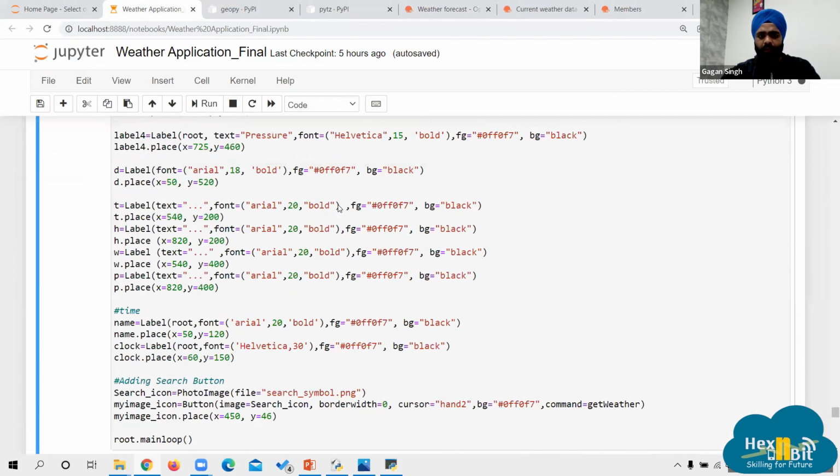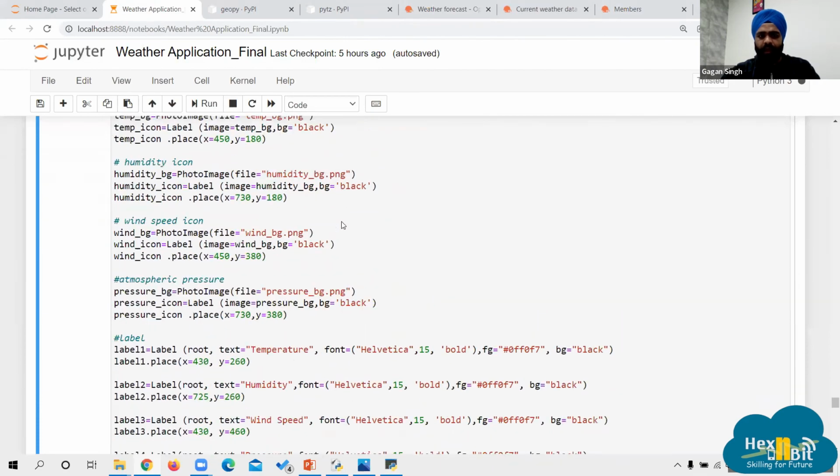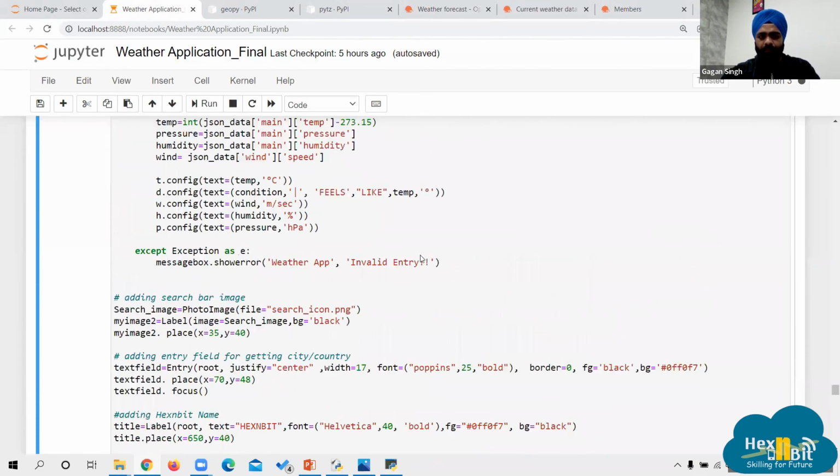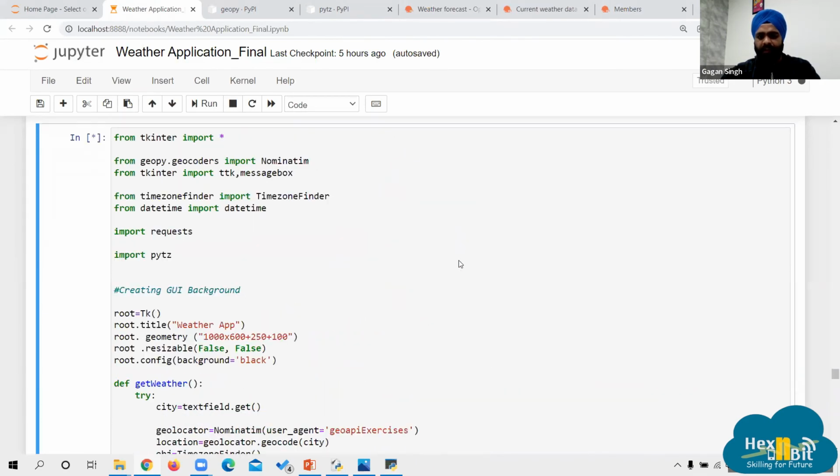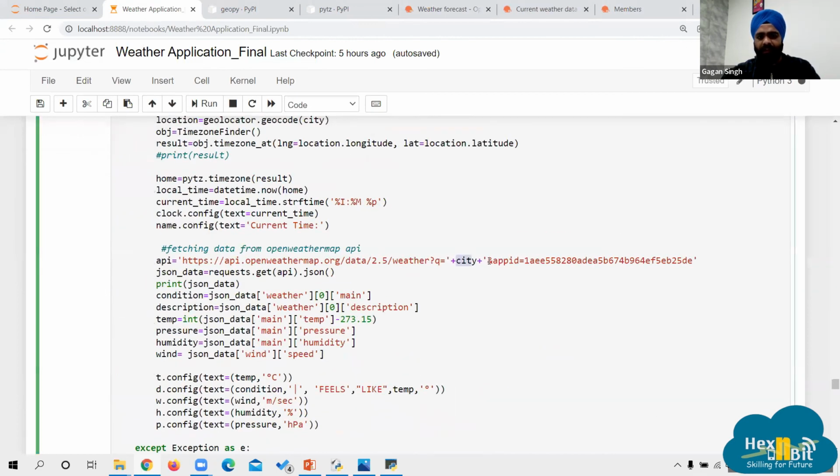All you need to do for weather API is to add on this URL. After that city, it will fetch from the text input and API ID. This will be unique for you. Rest of the things will remain same. This will be unique for you according to your login ID, right? So with this, it completes the part for what was supposed to be covered up.